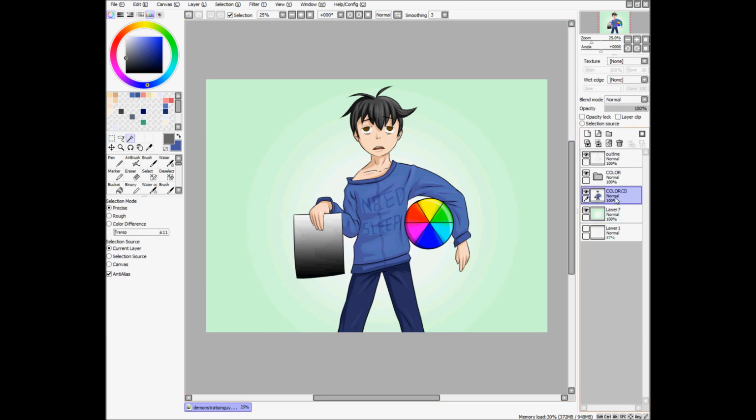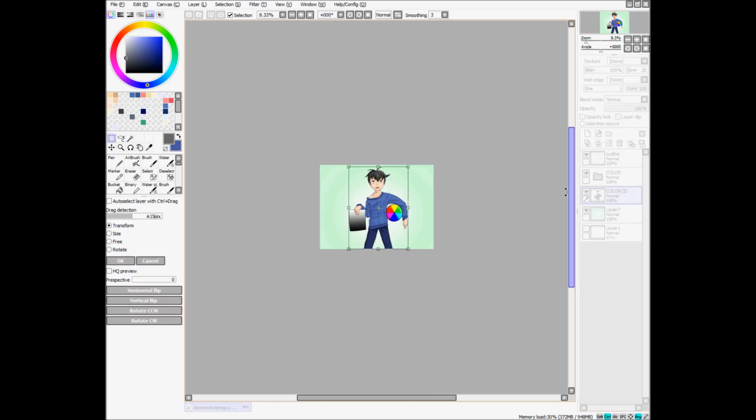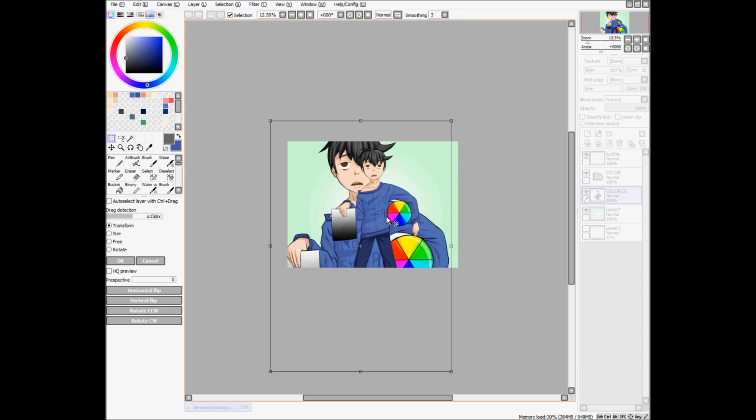Now for the big double layer, or big double image background thing, I like to zoom out, Ctrl T, and then hold Shift while I resize that image. So the placement of this double image is really a matter of preference, or whatever looks good to you. This is just kind of a random placement, but press Enter to